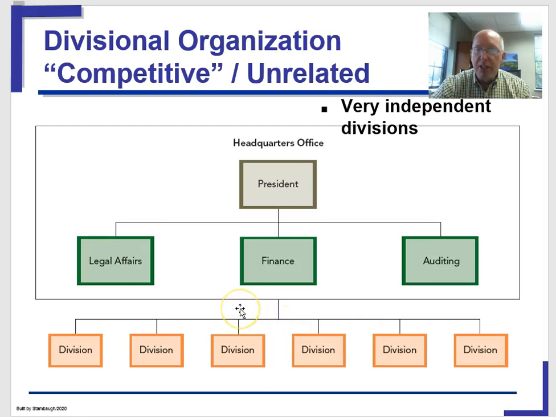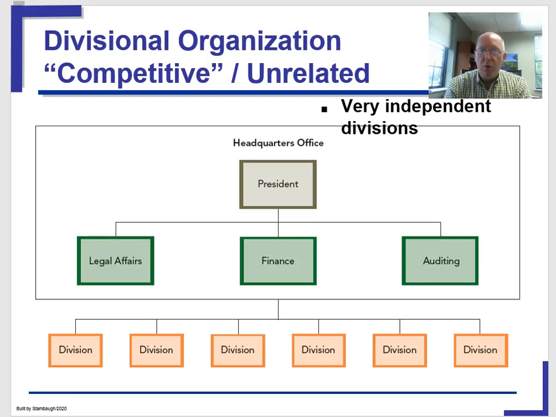Where this one excels is in the accountability and responsibility. Also, because you have a light corporate headquarters, it does reduce the cost from that standpoint. A company that I've referenced in our discussions, Danaher, which is a 60, 70, 80,000 person company, their corporate headquarters has less than 100 people in it.